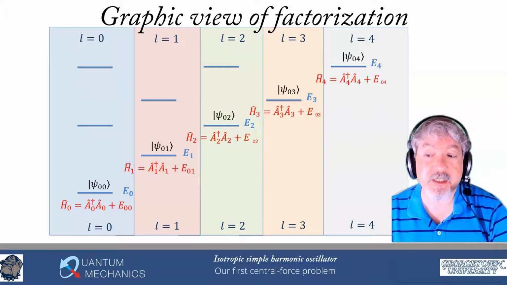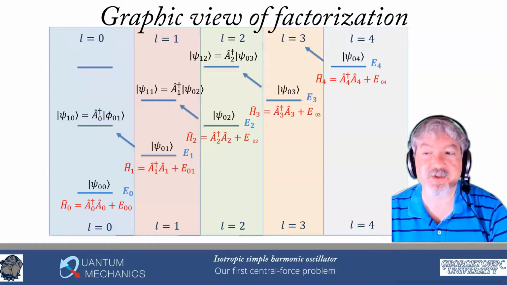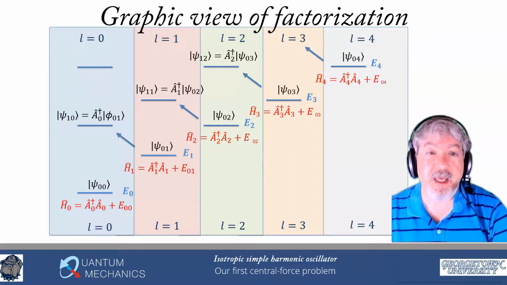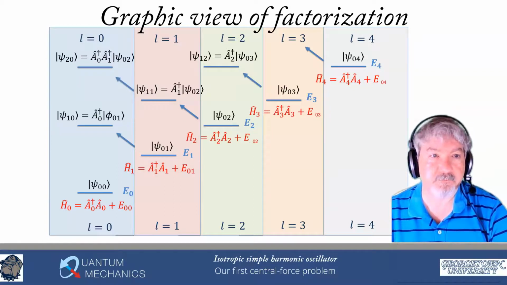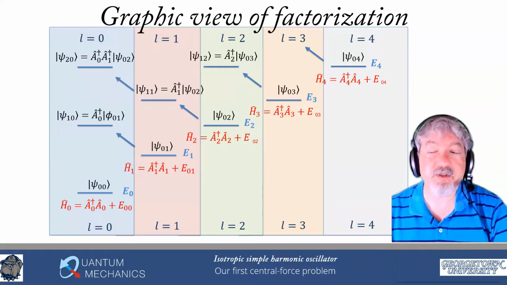How we get the excited states: we operate on these with the corresponding A daggers with the index that is L minus 1. And that actually shifts us diagonally, because the energy increases by H bar omega when we do this. And so we get this diagonal shift when we do that. And then we can repeat it again and we'll get the next diagonal shift as well. And these are the energy eigenstates.